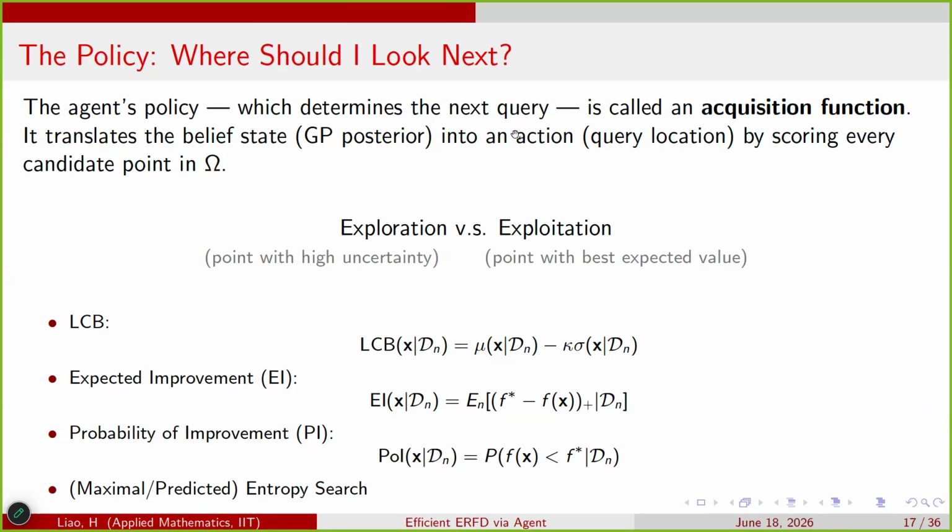So there are different options already designed, and this is probably the most popular research area in Bayesian optimization. They're trying to come up with different acquisition designs, so the points or the sequence they observe is going to follow certain patterns they're interested in. And basically this design is trying to balance two parts, the exploration and exploitation, which means